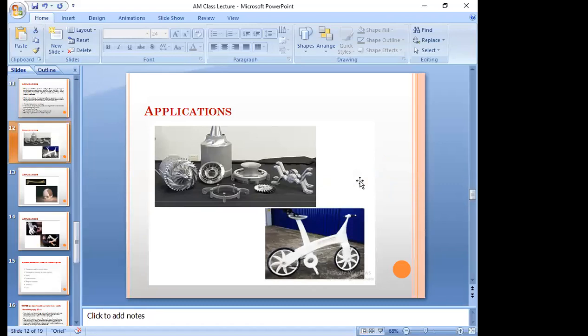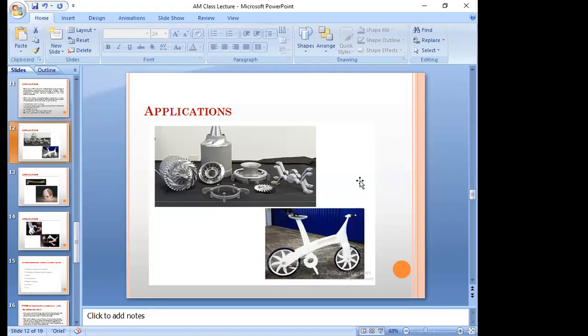It is visible here, but as of now it is still developing in stage, so it is not suitable for mass production.